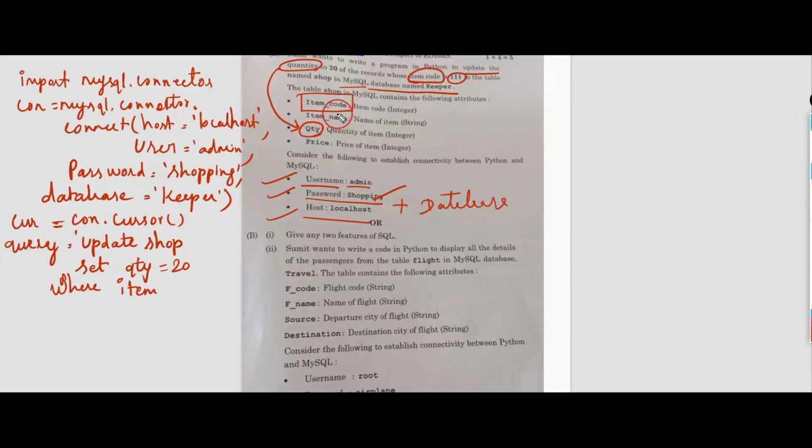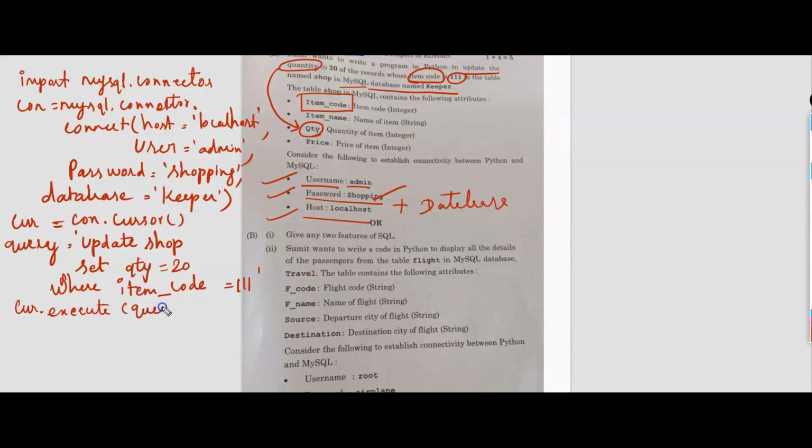I am saying again and again, item_code is equal to 111, and close the quotation marks. Okay, finally we are going to execute this query by using this CUR cursor object.